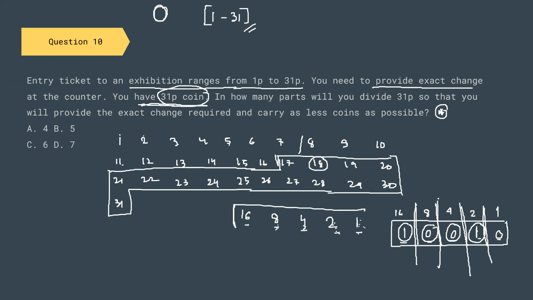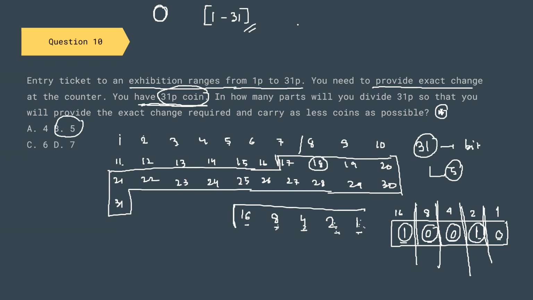So you have only 2 possibilities for each box. Those of you who have studied digital logic can easily say that to represent 31 in bits, you require 5 bits. So you require 5 unique denominations to give exact value for any value in the range of 1 to 31 paisa.